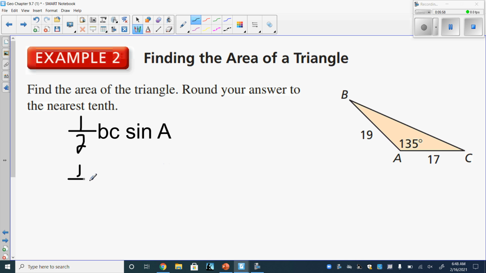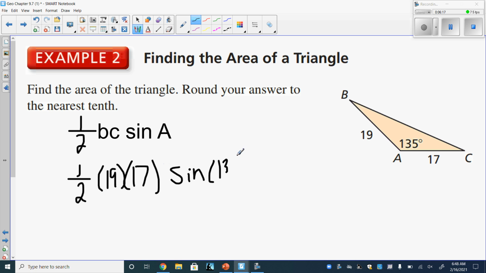So for us here, we're going to have 1/2 of 19 times 17 times sine of 135